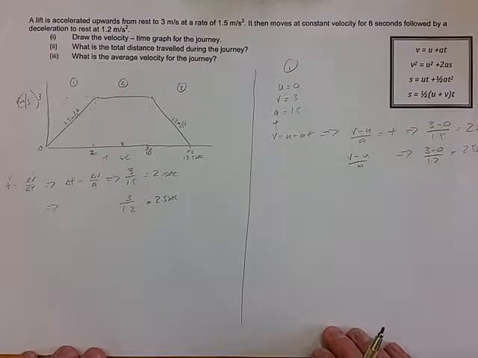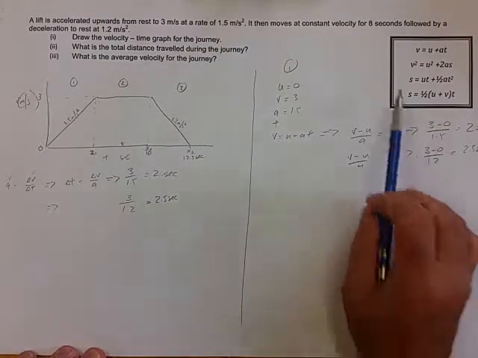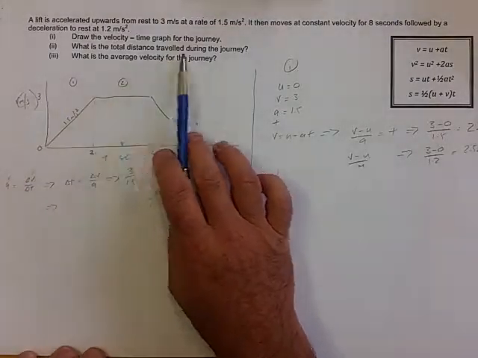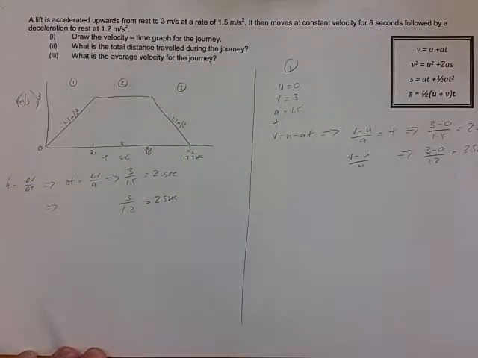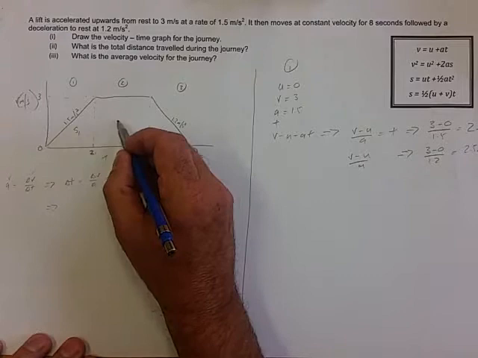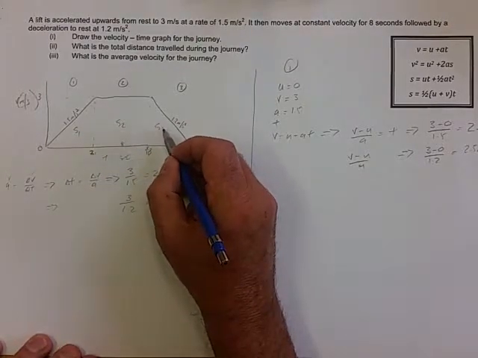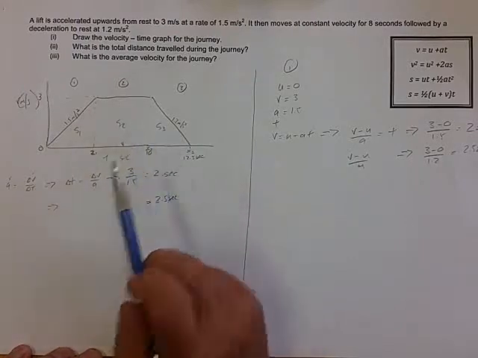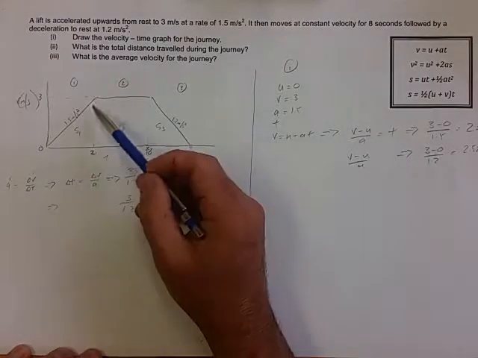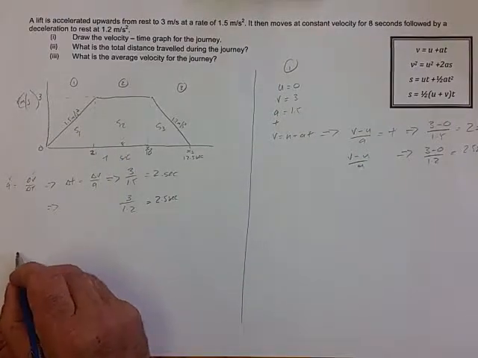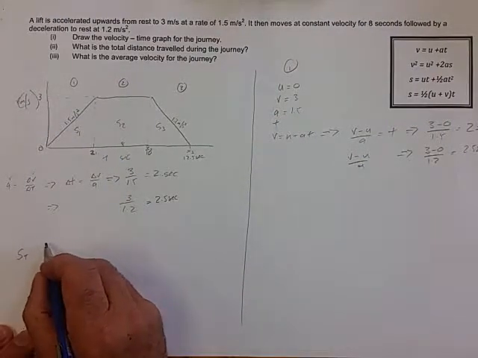Right, so let's move on to the questions it's asked us to solve. What is the total distance travelled during the journey? Okay, well, using the velocity time graph, S1, S2, S3, we know that the area of the graph equals the distance travelled. So in this case, we have a triangular shape. So S total will equal S1